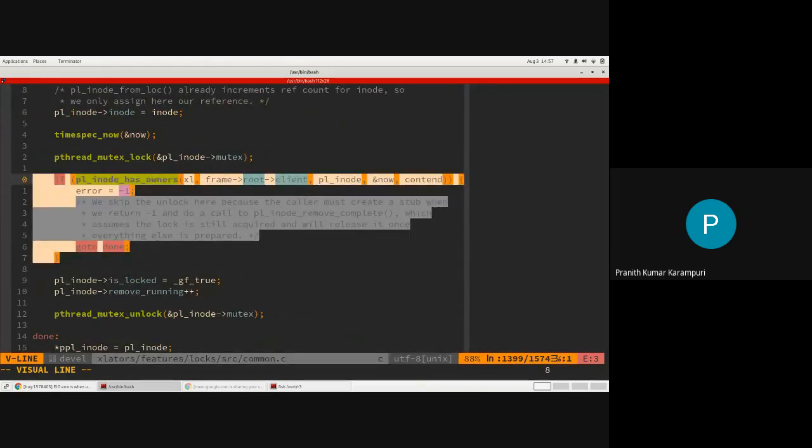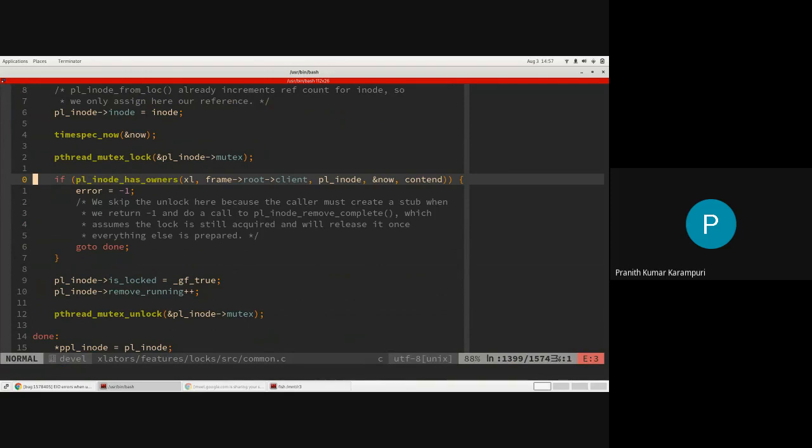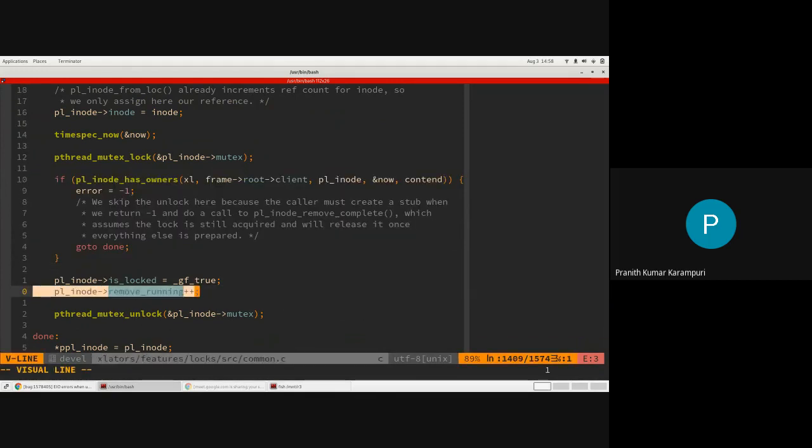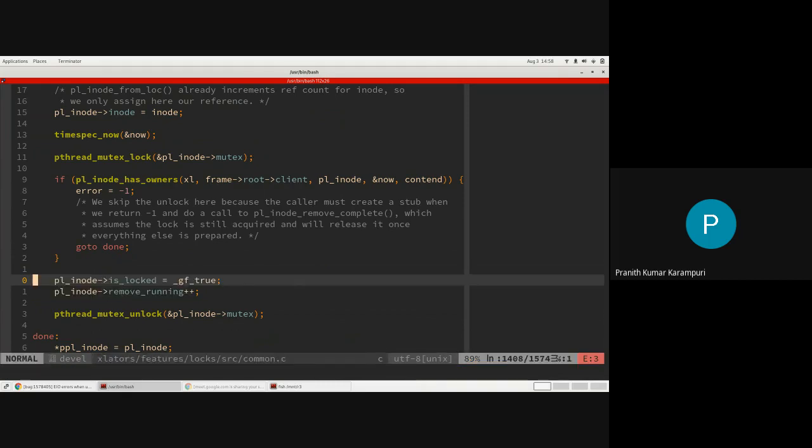So if there are no inodelks that are in progress, it will say, I'm going to start running remove. So I'm going to block this inode from further inodelks until this remove completes. So this will be treated as if you have got a full file lock. You're basically simulating in the locks translator that you are taking a full file lock. Rather, a full inode lock, which you are comfortable with.